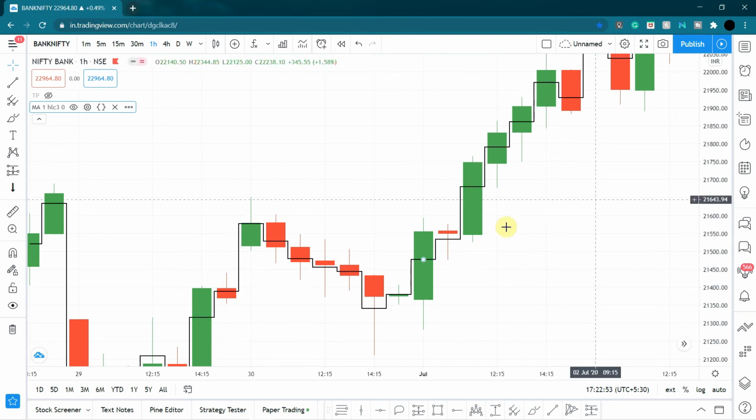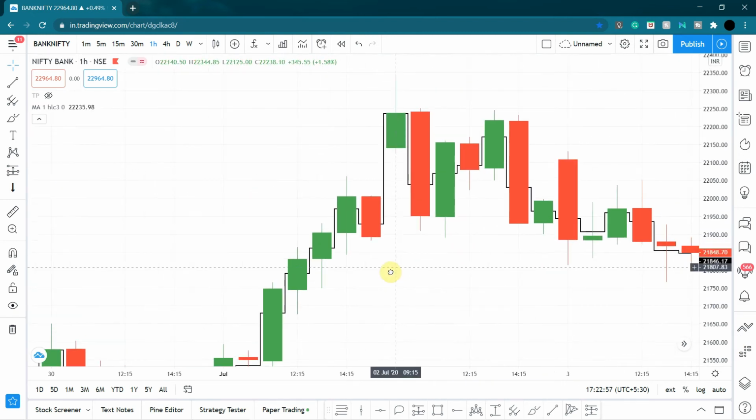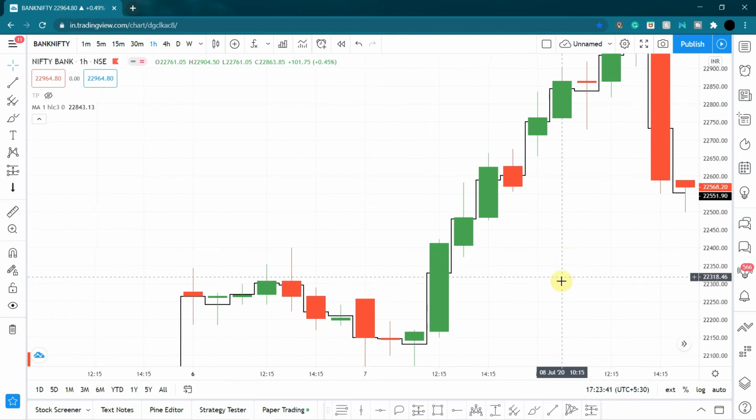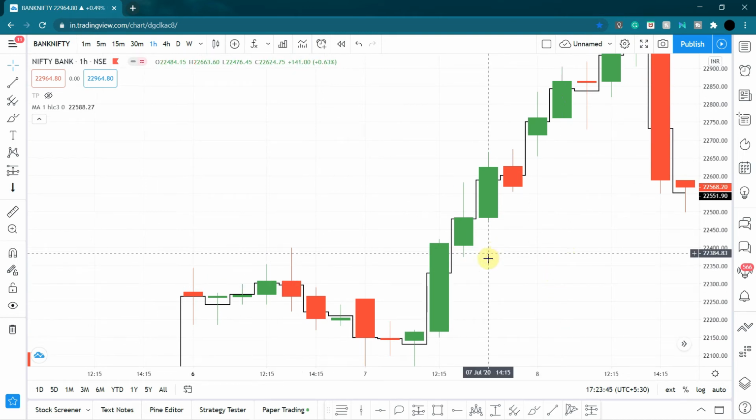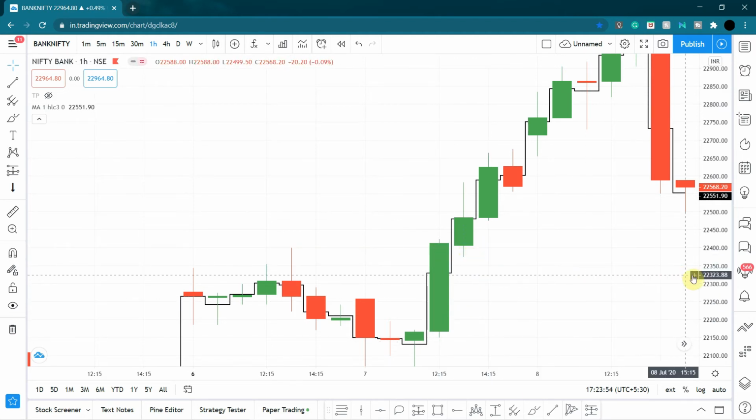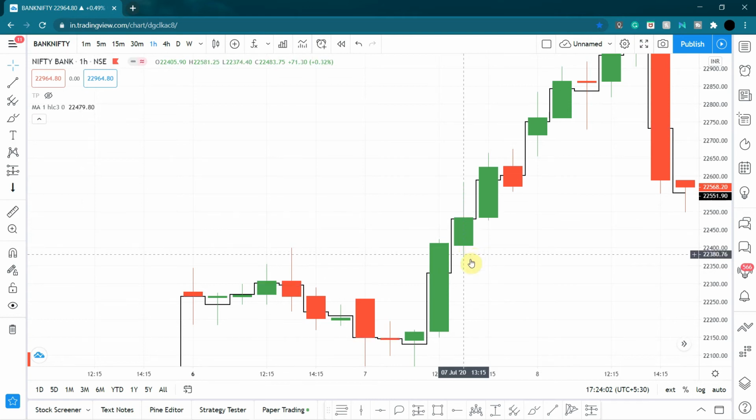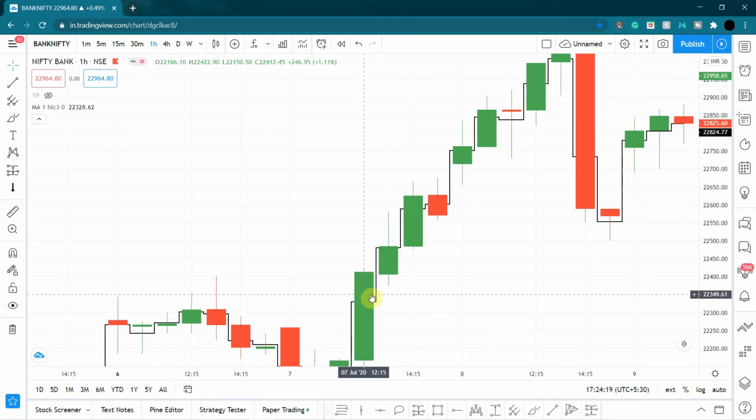Let's see some other examples so that you will understand what this is all about. Okay, so in this case, as you can see, the mean of this big green bullish candle was here, but the next candle could not reach. If you place your limit order right here, for example, it might not have filled, obviously. The candle did come down, but it didn't come till the mean and went up again. If you miss your entry in the first candle, you can move on to the next candle. So this becomes the first candle and this is the next candle, right? So if you've missed your entry here, you can always place your entry right here. So look for the mean of this candle, which is right here.